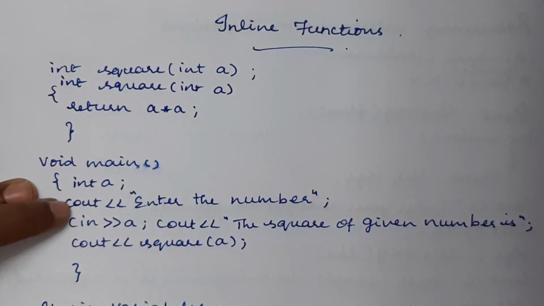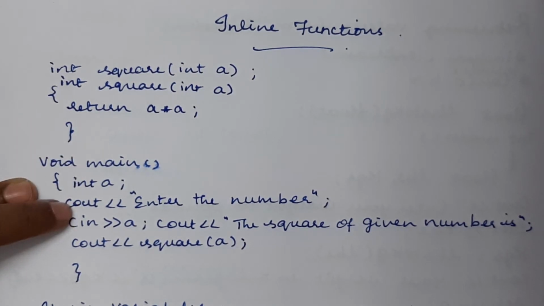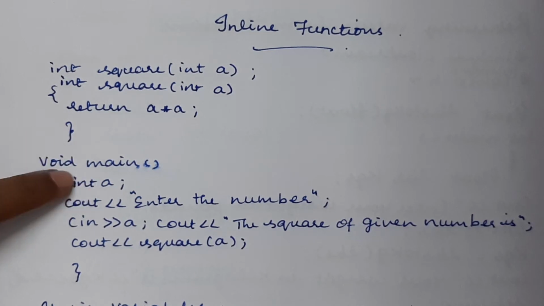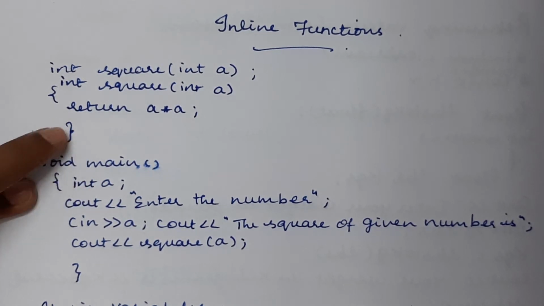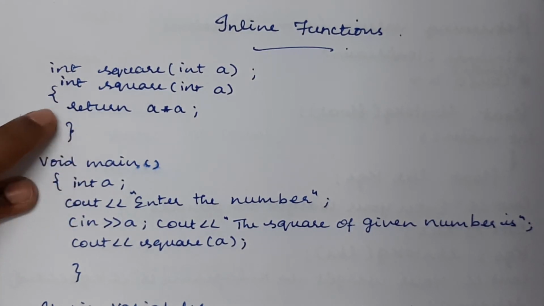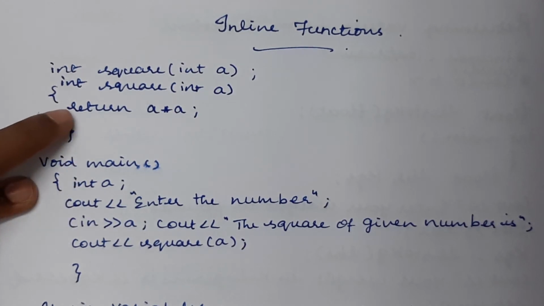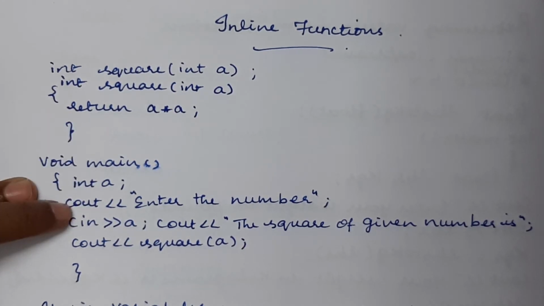So what happens here: at one time if you want to transfer the control from the main function to the user defined function, there could be many hardware related operations done beyond this program that we don't know about. The programmer can come to know how the function works and how the control is transferred whenever you call this function, only that much we know.